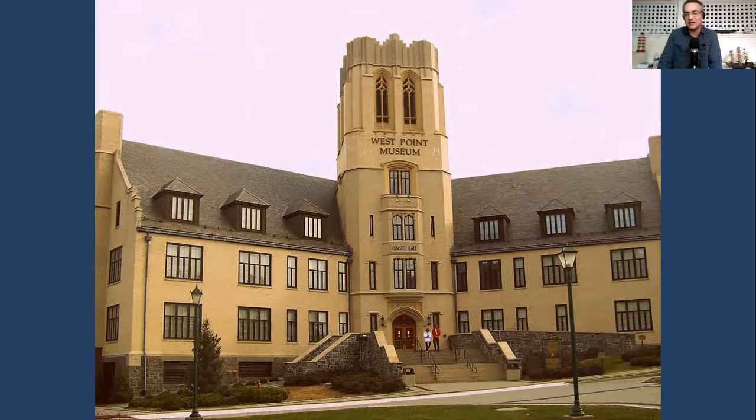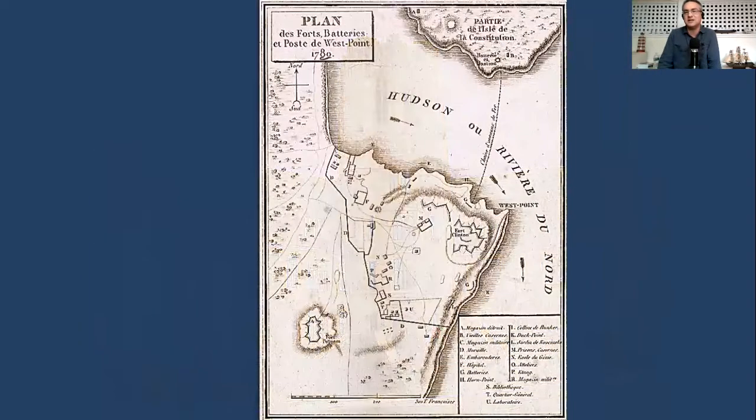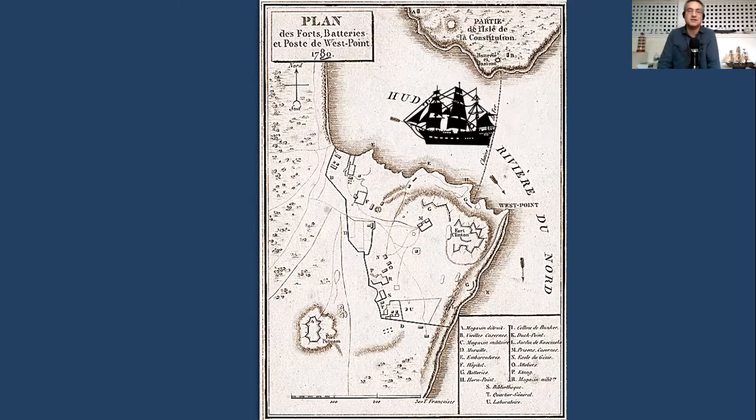Although the building here is the West Point Museum, it was not built as part of the Military Academy. This building was originally a Catholic college, later purchased by the Academy. Now, at West Point, the Hudson River makes 2 right-angle turns in just about a quarter of a mile, and that creates a bottleneck for shipping traffic. Ships have to slow to a crawl to navigate those turns, and that made this a very easy spot to